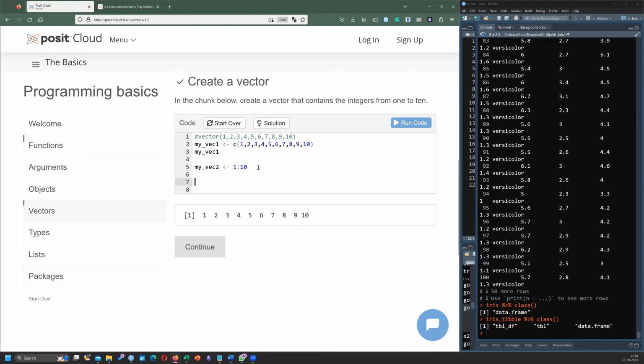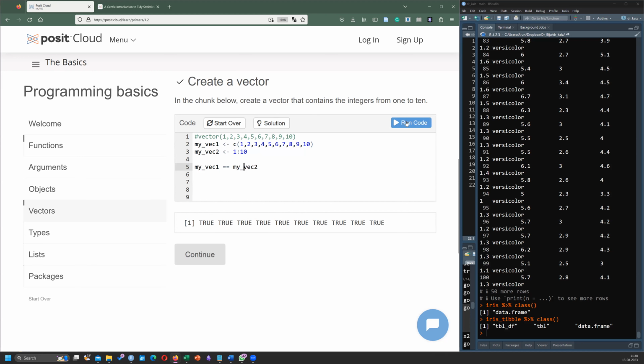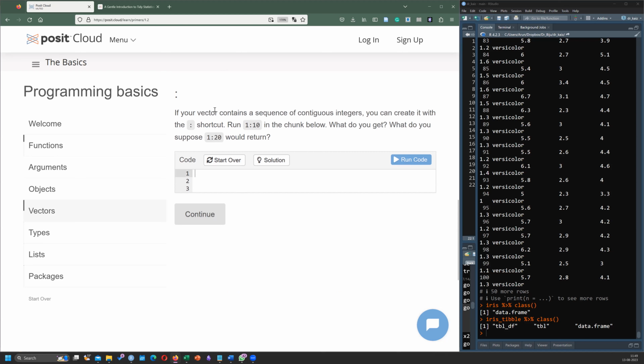Now I'll ask it, is my vec2 the same as my vec1? What do you think the answer is? True, both are the same. Can we move on?